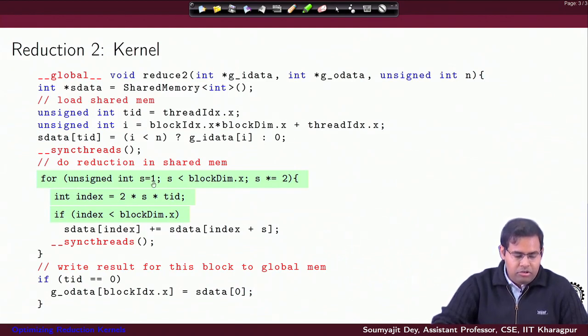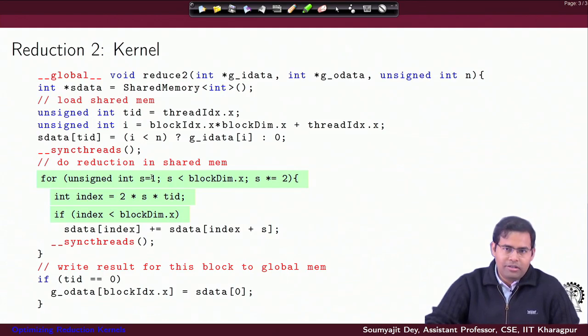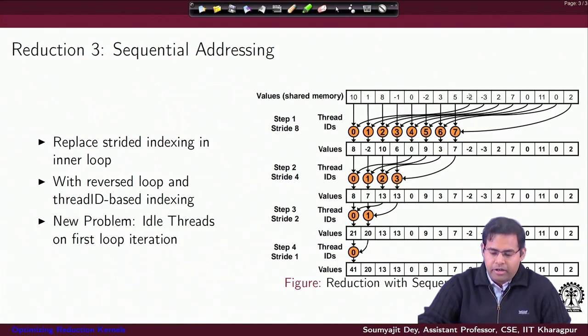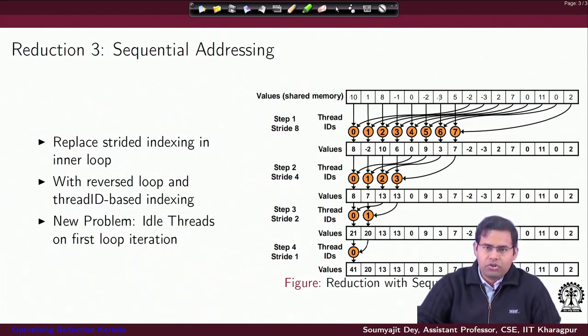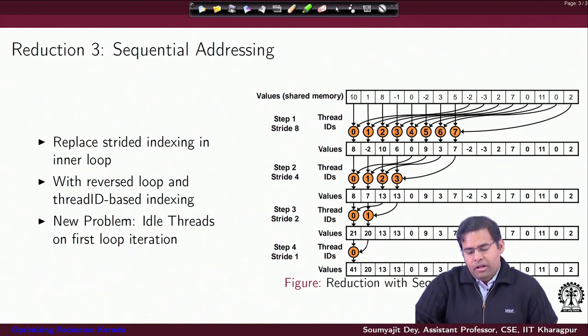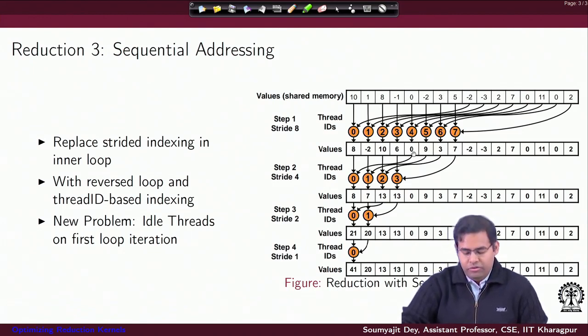The earlier code started with a stride of 1, that is why the threads were loading consecutive IDs in the first iteration, then it was loading with a stride of 2 in the second iteration, then a stride of 4 in the third iteration, and so on and so forth. So, this was the kind of code that we were executing. But now, if I want all the operand 1s of consecutive threads to be consecutive, and all the operand 2s of consecutive threads to be consecutive, then I need each of the threads to start with the highest stride,